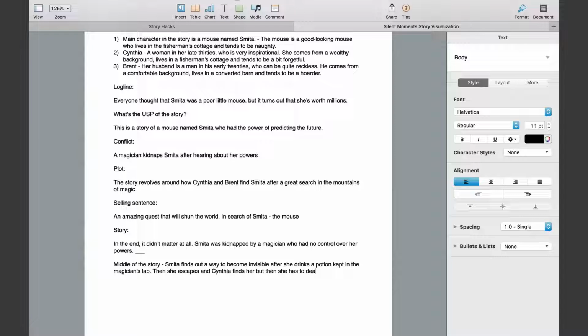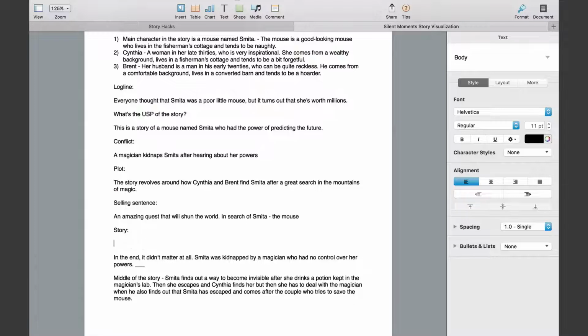She has to deal with the magician when he also finds out that Smita has escaped and comes after the couple who try to save her, try to save the mouse, right? That's how it's going to work. That's how the middle of the story is. So you can start off with something like that,